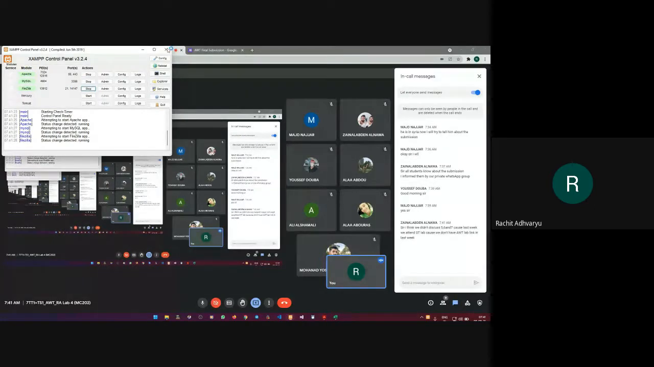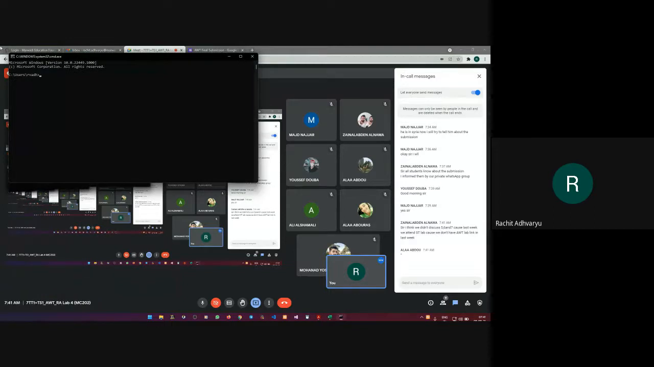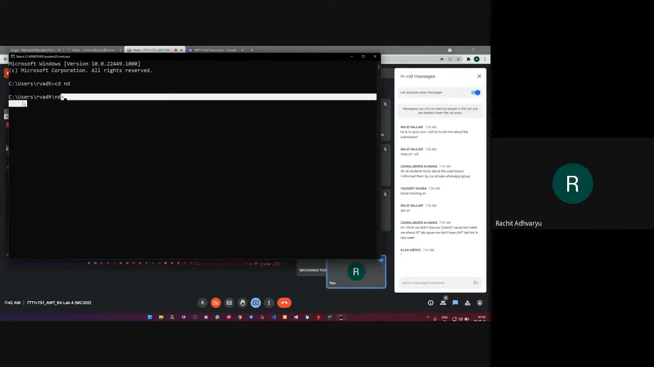So I have started my XAMPP control panel. Next thing, you need to create one folder in one of the drives, right? And then you just need to open a command prompt. Using the command prompt, you need to navigate to that particular folder, and then move inside that folder. So let's say I already have an ND folder inside my RVADH folder, that is in the C drive users folder. So I'll just navigate to that folder. Now I'm inside that folder. Once you are inside that folder,